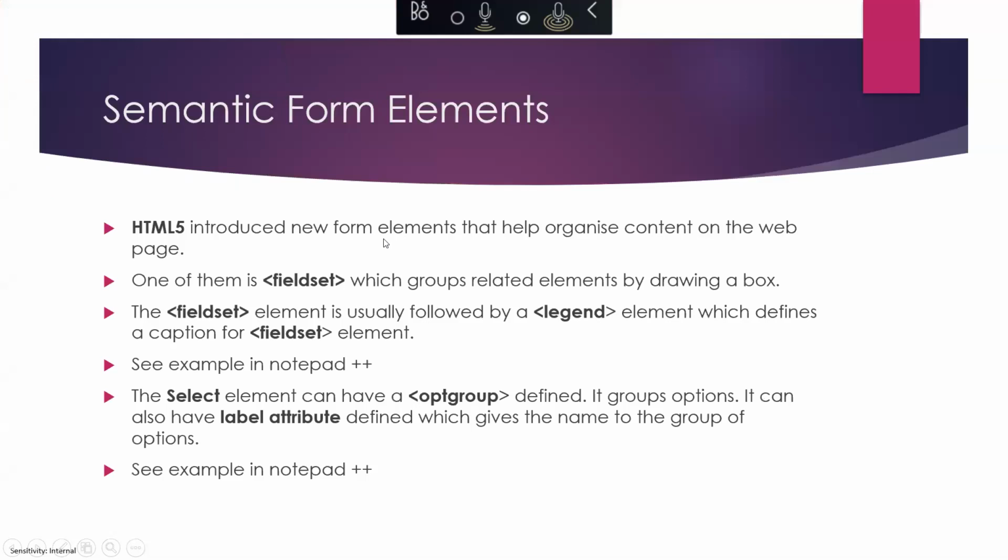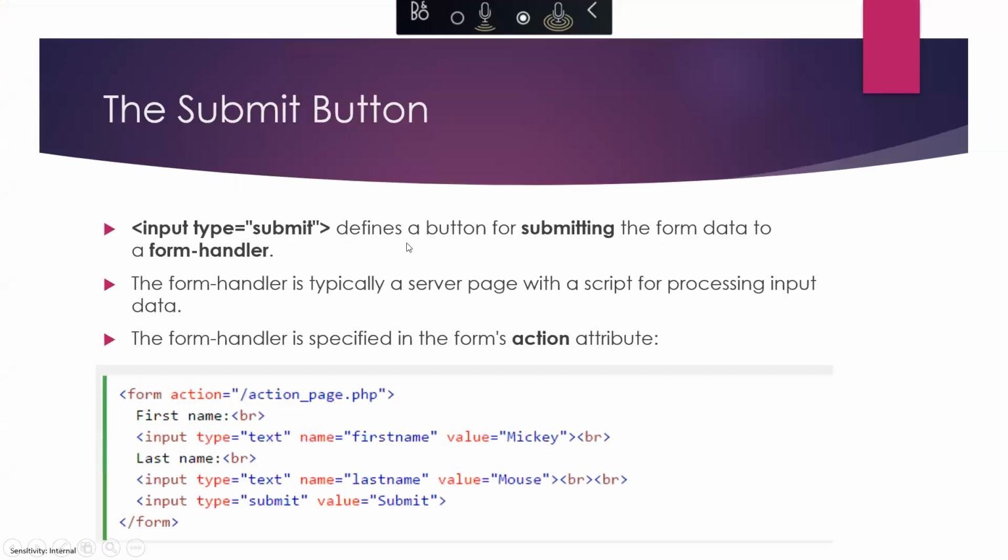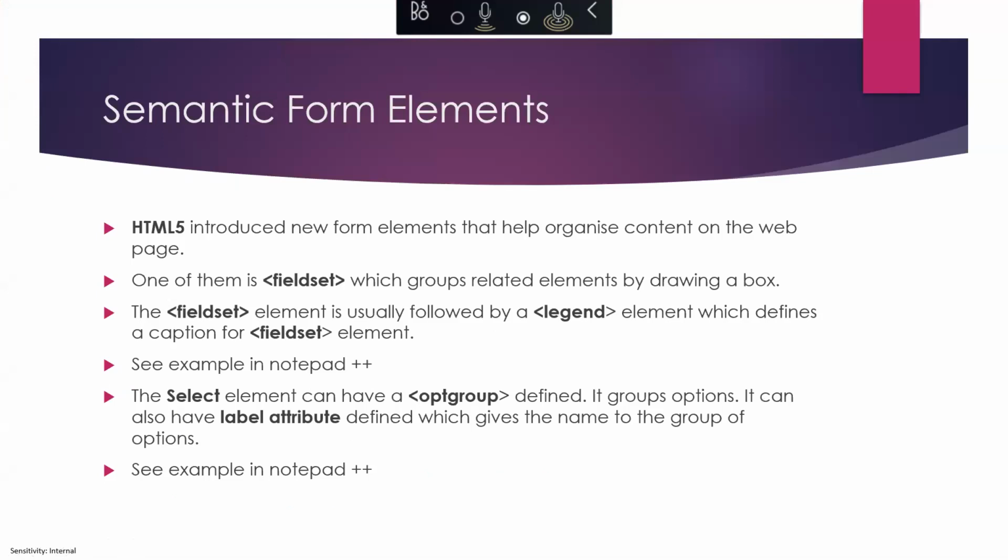Okay, so now, after the submit button, we'll talk about the semantic form elements. So apart from the option group in the select element, we have other things like a fieldset with a legend. I will not bother us with much detail, but what's a fieldset? After having your form, you have your label, the input, which is a type of text, and then you have,